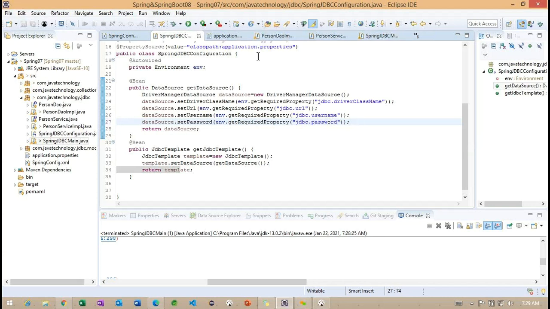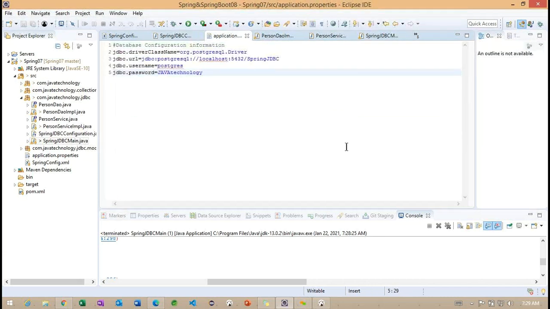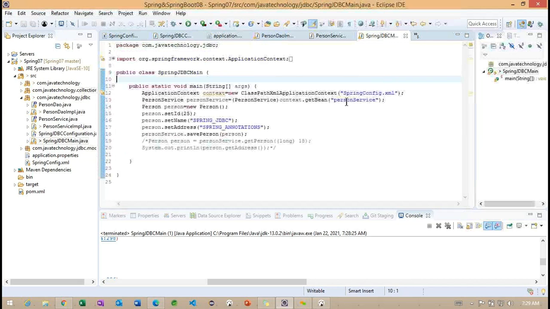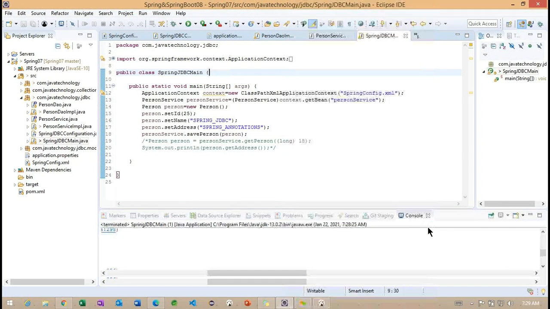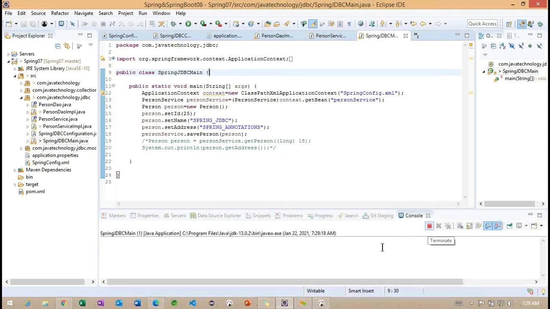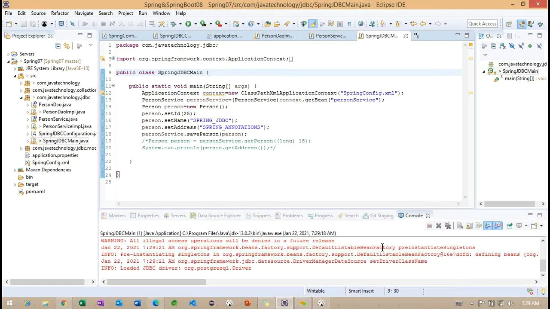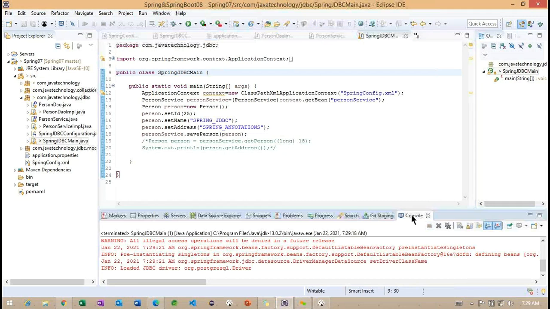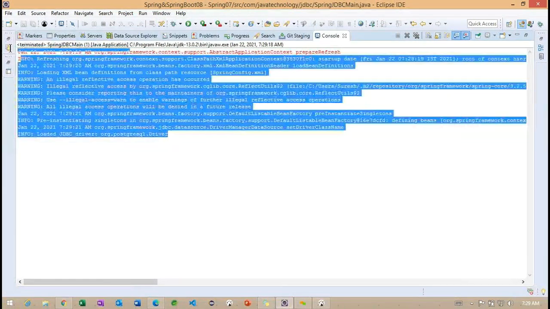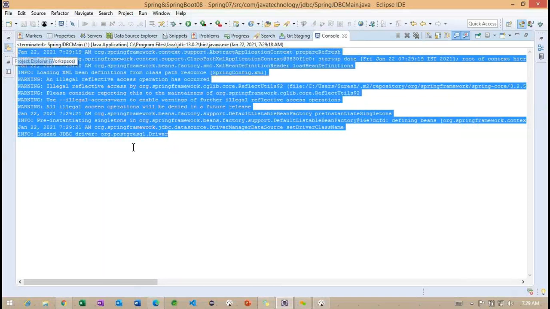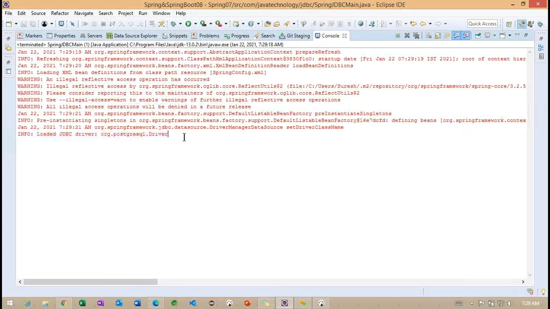So this is the way we need to do it. Back again, I'm trying the sample. Observe, we did not receive any exception, which means the record was successfully inserted into the database.